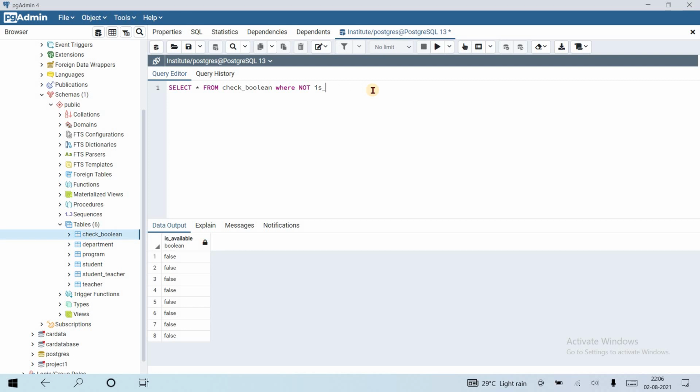Suppose someone does not enter a value, and we want to set some default value for the column. Let's alter table check_boolean alter column is_available set default to false.